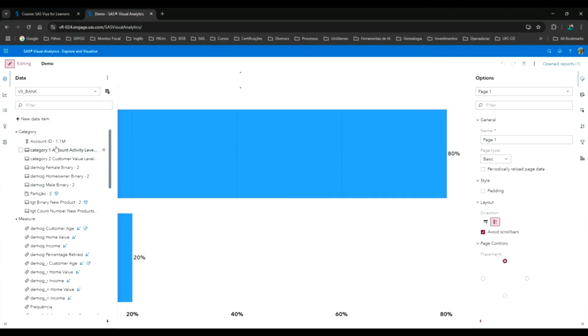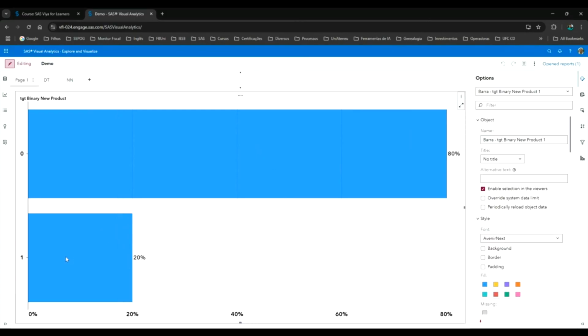And here the goal is to identify if a client will buy or contract some product again. This is the proportion in the data set of no, the amount of buyers, people who will buy something again, and then these are bad clients.